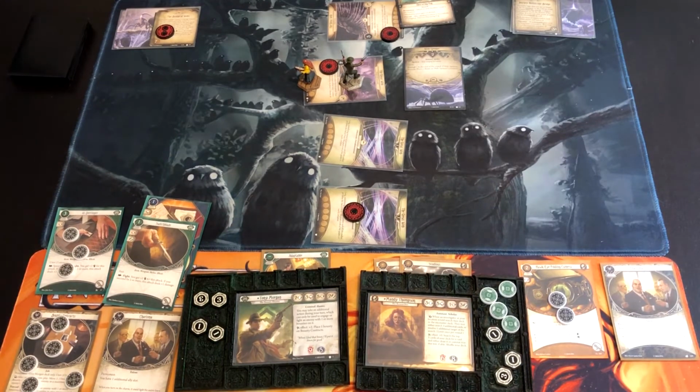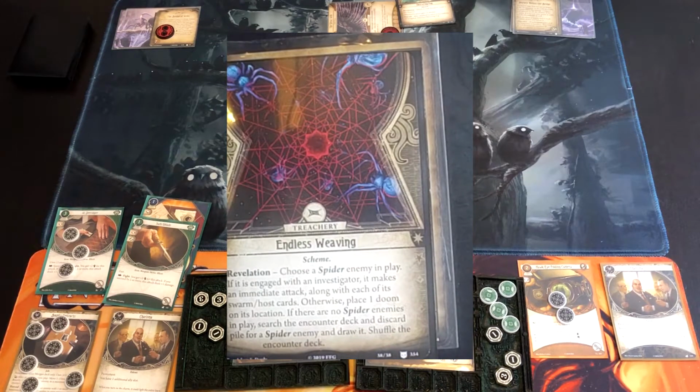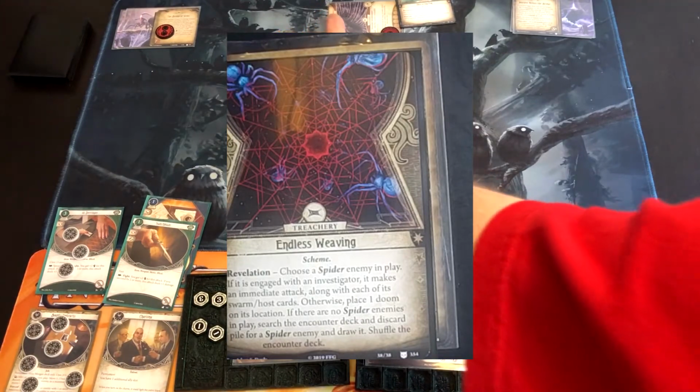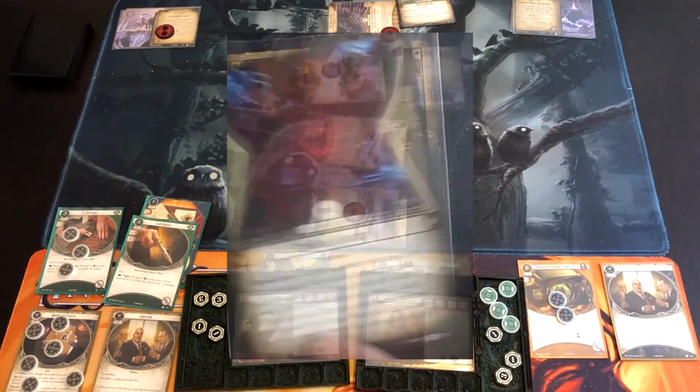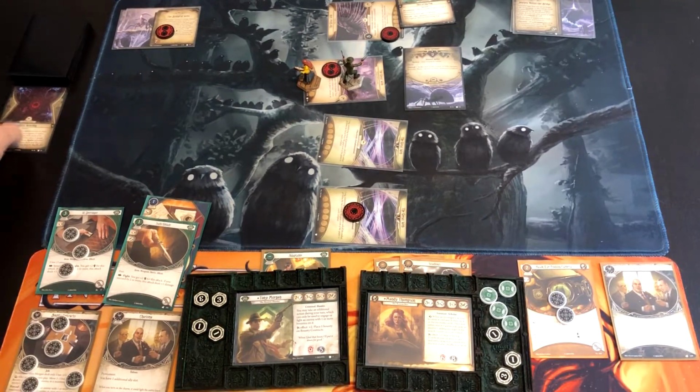And Tony will get... Okay. Endless Weaving. Choose a spider enemy and play it. If it is engaged with an investigator, it makes an immediate attack, along with each of its swarm host cards. Otherwise, place 1 Doom on its location. Okay, so we have to place a Doom on this enemy's location. It's getting a little hairy. Okay, and then